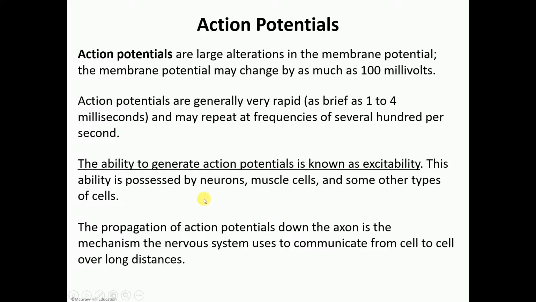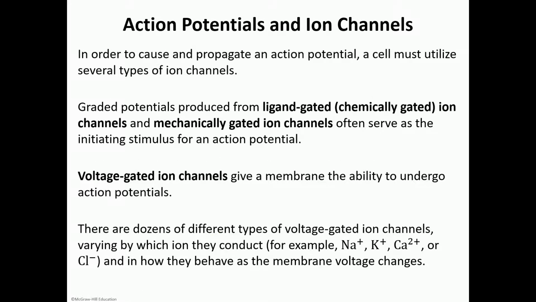The propagation of action potentials down the axon is how the nervous system communicates with the other cells. So we'll see the different ion channels that the nerves have. Action potentials and graded potentials depend on different ion channels. Graded potentials depend on those